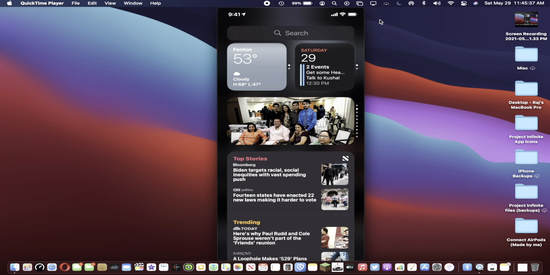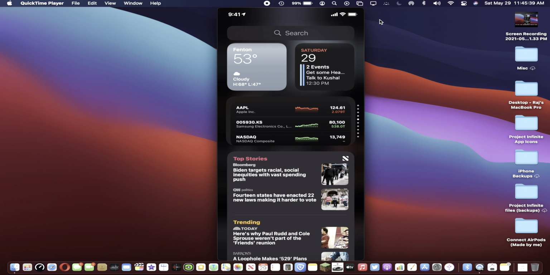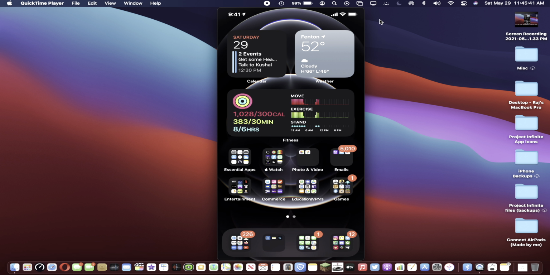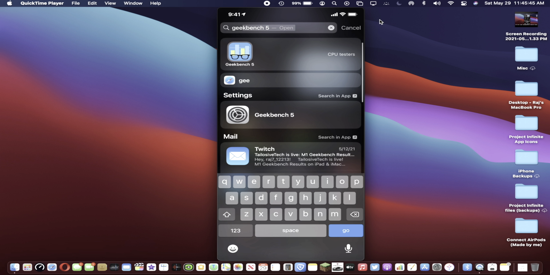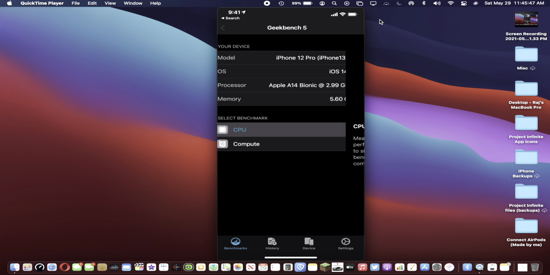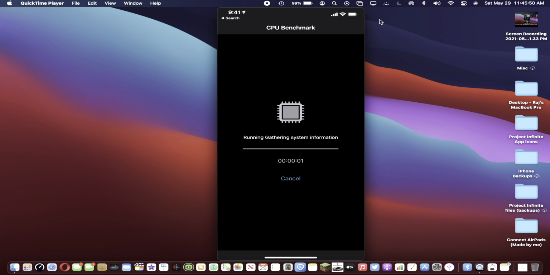But as far as the overall UI goes of 14.6, it's actually fairly consistent and fairly smooth, which is great. I've not done this in a while, but I'm going to run a quick Geekbench for you guys just to show you what kind of performance I'm getting here on my 12 Pro. But as far as the overall public release, 14.6 is pretty solid, and in a matter of